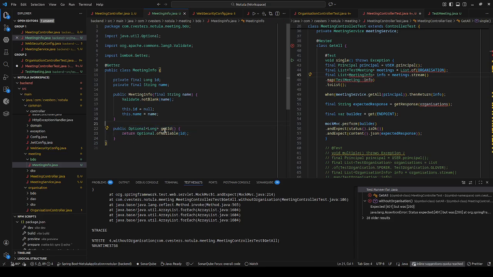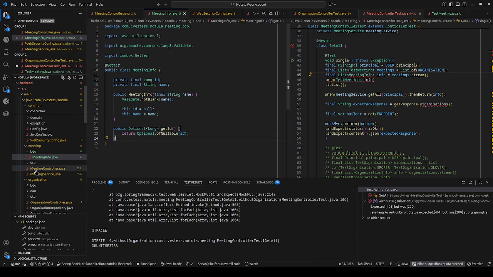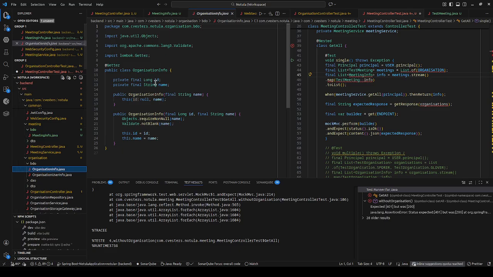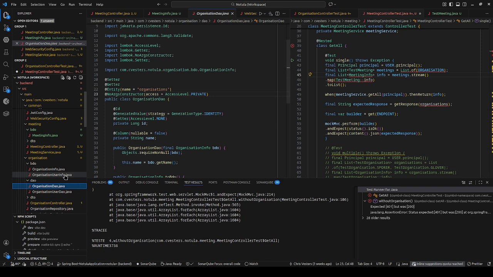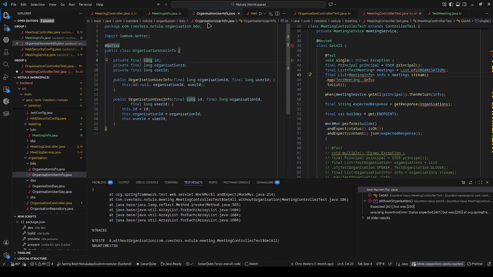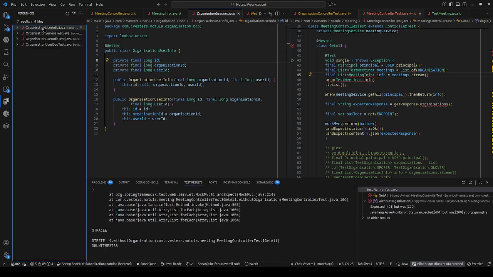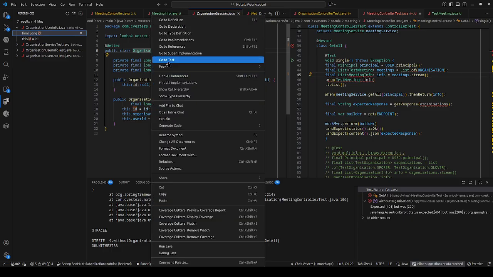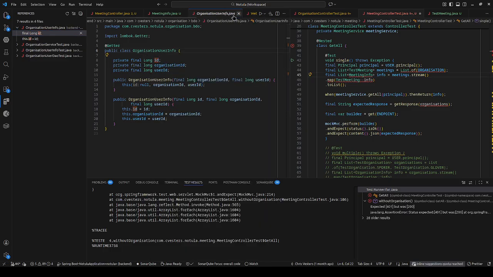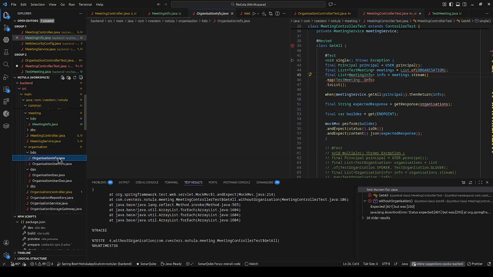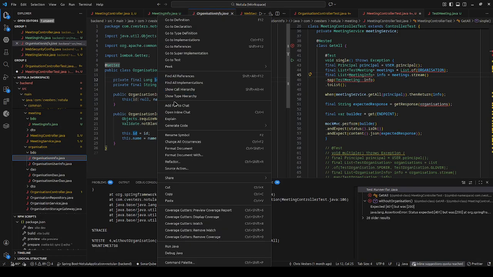get ID being a nullable object. But that actually does make me think that I didn't do any of that for the organization info and other objects either, which is wrong. Anything that can be null should be wrapped in an Optional. Organization user info. Apparently, I don't really use it that much. What? Organization user info. Ah, that's the organization user info. I don't use that much. But organization info, I probably do. Organization info. If I check here,